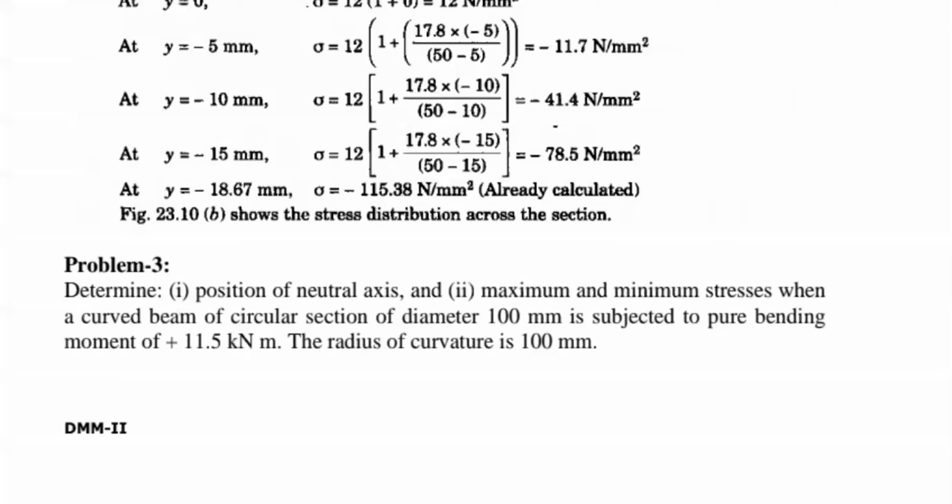Anyway, in this class we try to solve two more standard cross sections, because we have rectangle, circular, triangle, trapezoidal, I section and T section. You have different standard cross sections. Out of these I already explained the rectangle section. Now in this class we try to complete one circular section and one trapezoidal section, so that the same principle you can apply for the remaining two sections also. After completion of these standard sections we may proceed further to the crane hook problems directly, right?